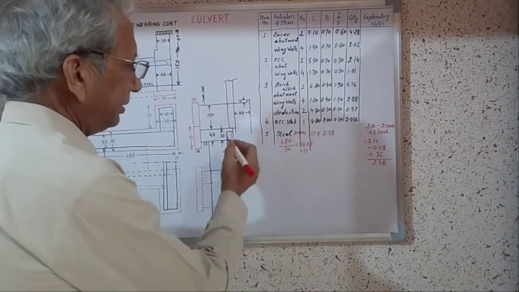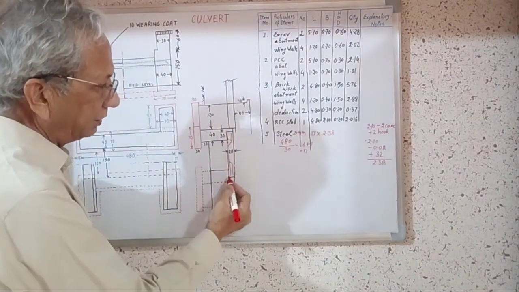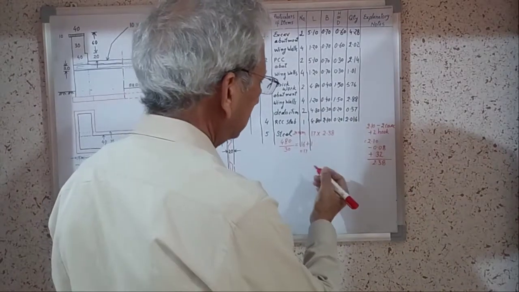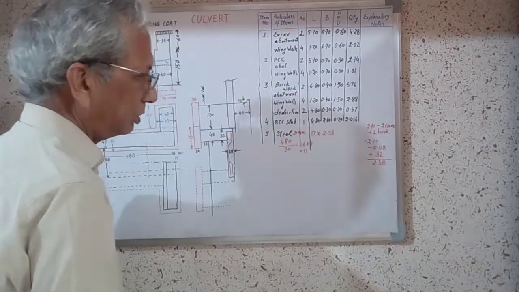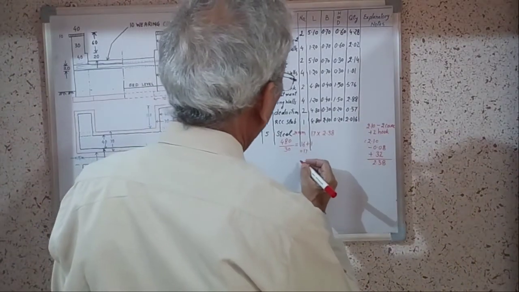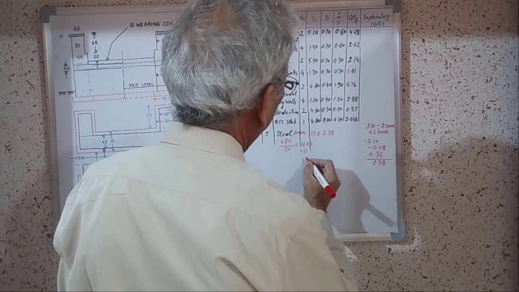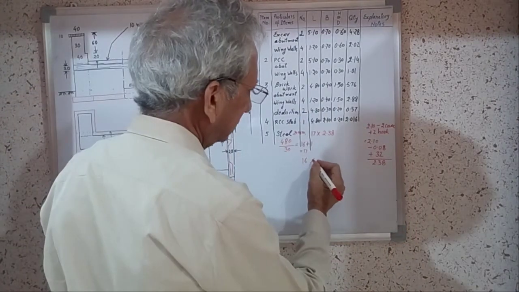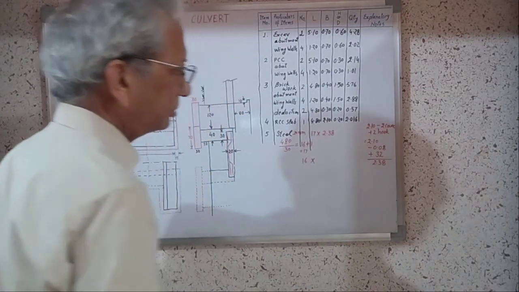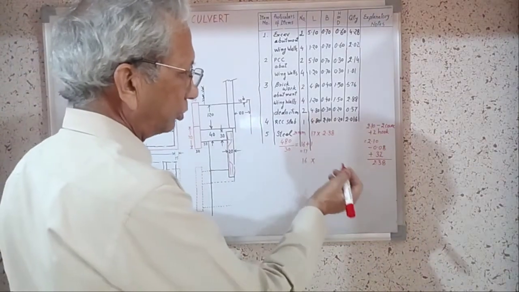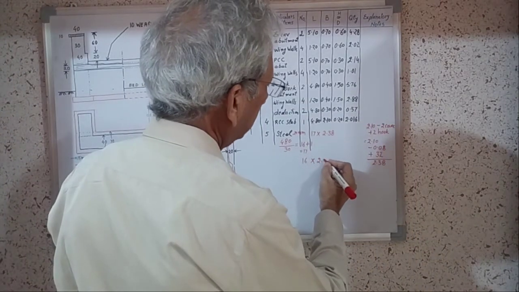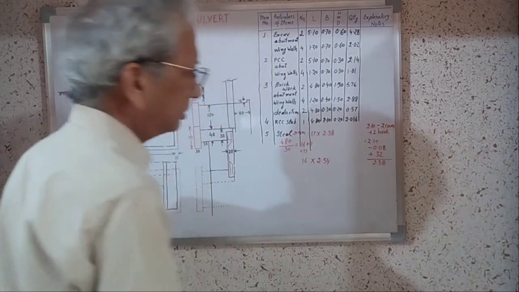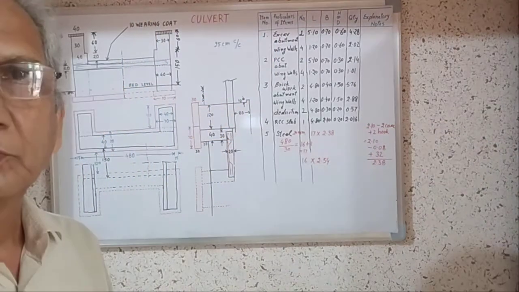Now this is a plain steel which has been provided at the bottom. Now cranks. The length of the crank will be 60 centimeter more. Therefore, crank, 16 number of cranks will be provided, and length, it will be 16 centimeter more due to crank, 2.54. This is the length of the crank.